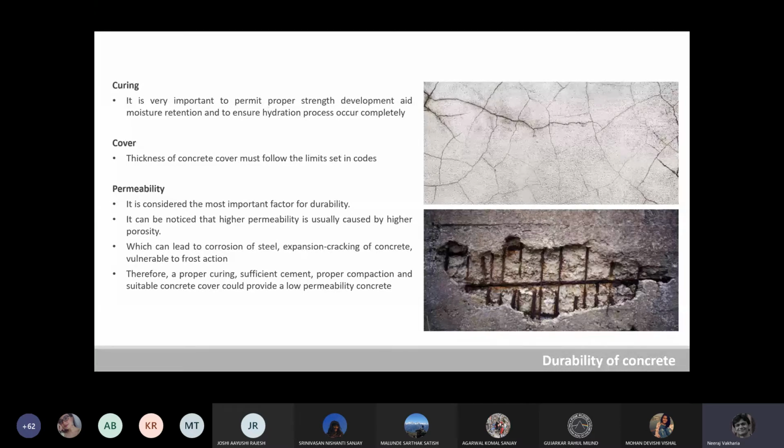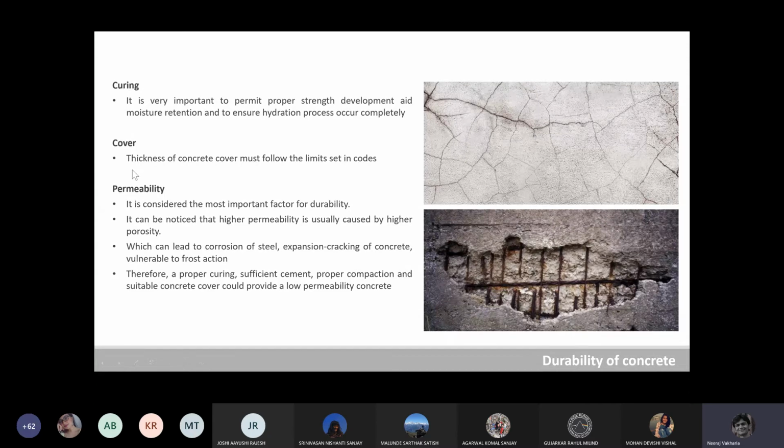So first of all the curing should happen properly, and to not get these kinds of cracks over your paint surface or punning surface, you have to let it cure for at least 8 to 9 months before you do any other application over it, because these cracks are bound to develop. If you have already treated this surface, then these cracks are going to reflect on your finishes as well. So we should let the concrete cure properly and give it its required time.